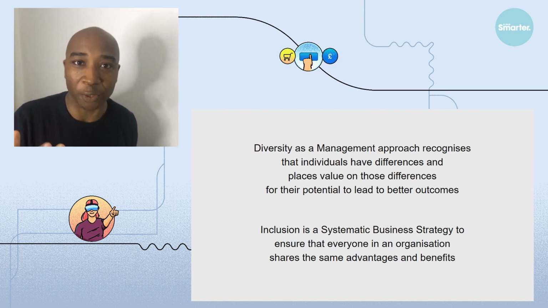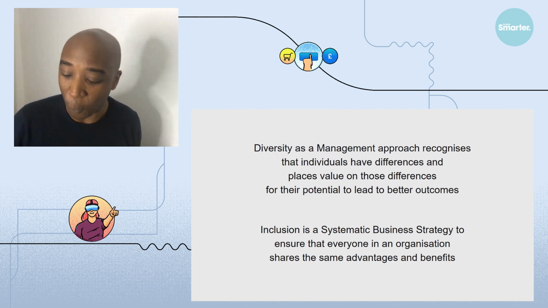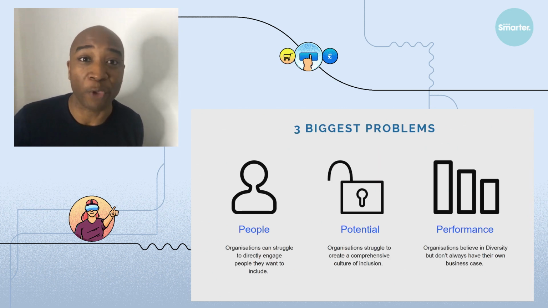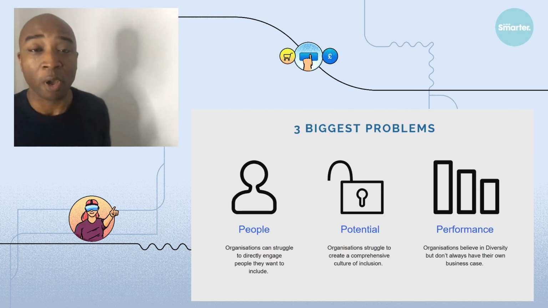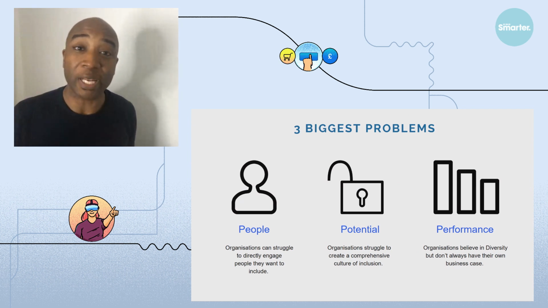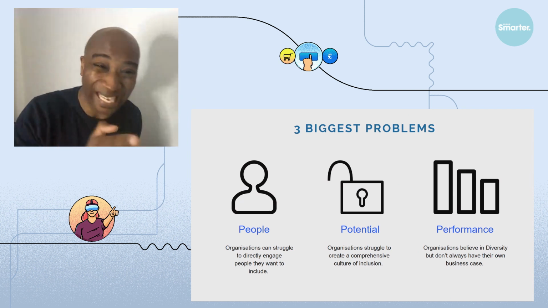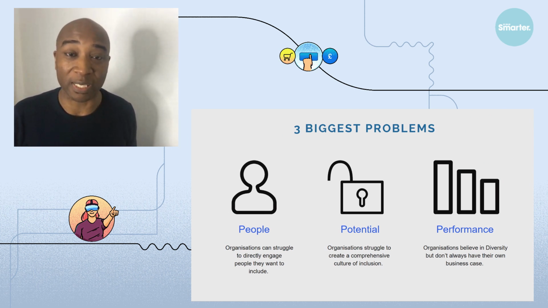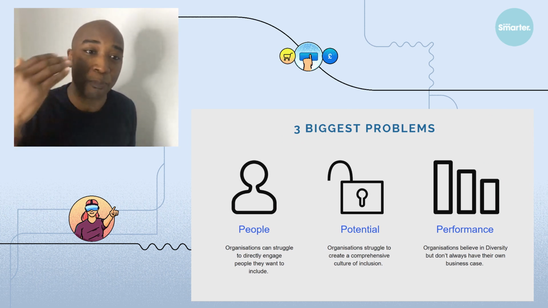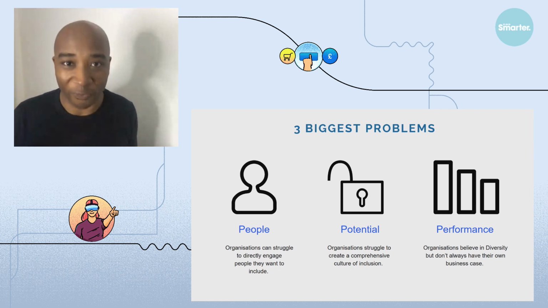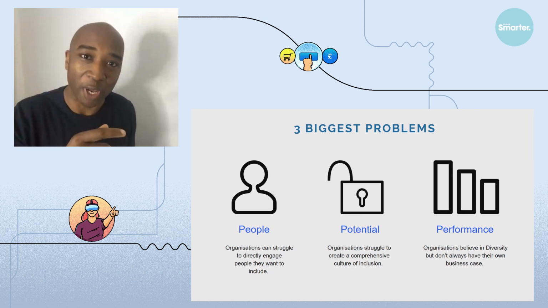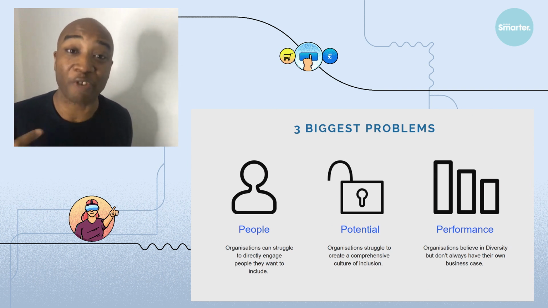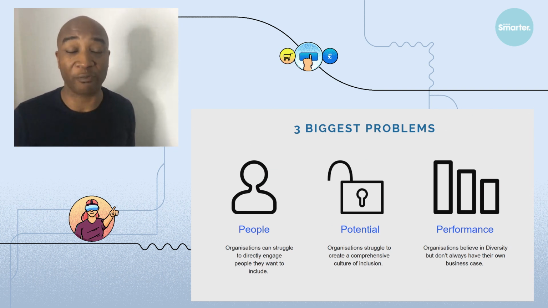But what is the issue that you need to address? Well, we talk about the three biggest problems. And so my argument is, if you want to create an inclusive workplace, you need to address each of these issues. If you don't have an inclusive workplace. So what are the three biggest problems? People, potential, and performance. People means that organizations struggle to create a culture of inclusion where everyone can reach their